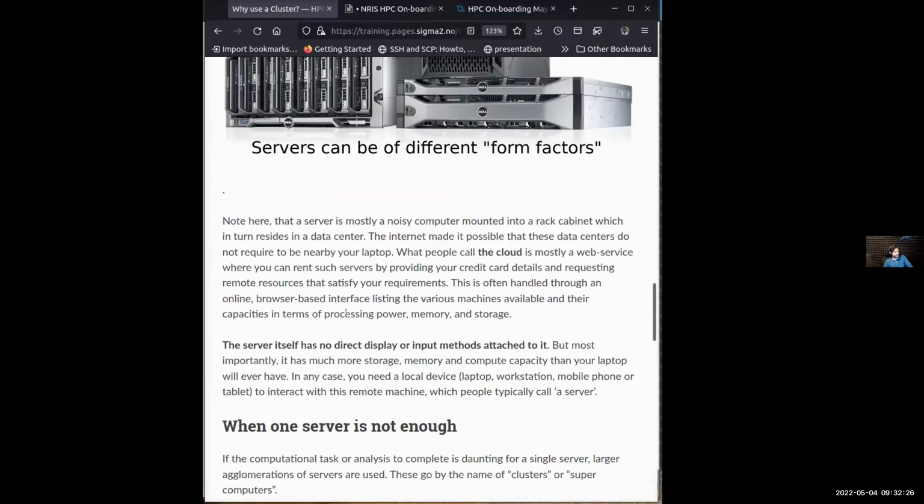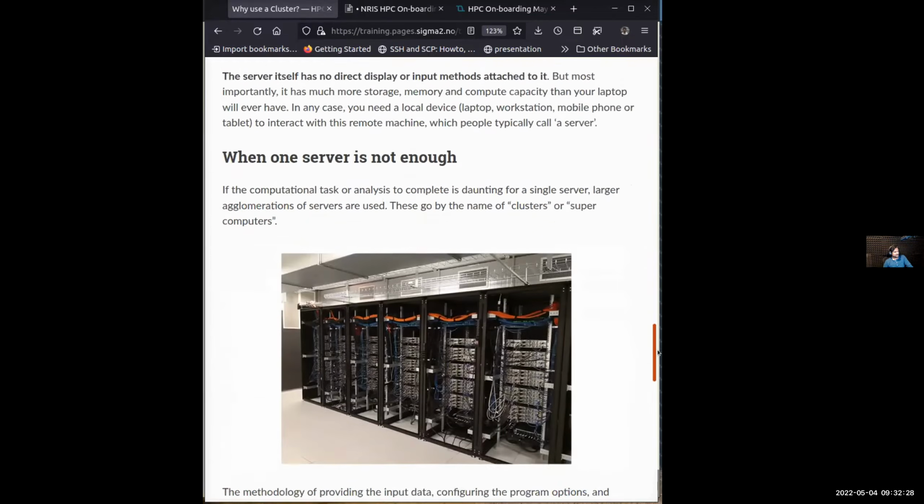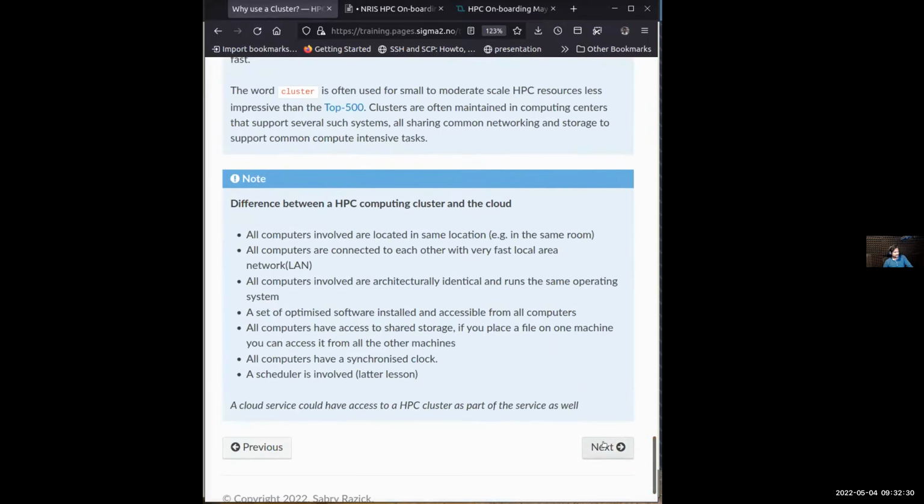In a shared resource, when Radovan talked about this scheduler, it reminds me that you have to ask for a certain amount of resources for a certain time, because many people are using it. It's a shared resource. So the resources you request are binding, in the sense that we'll talk about later today, that you should know roughly how long your analysis will take.